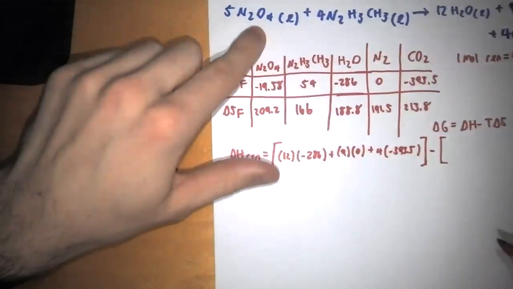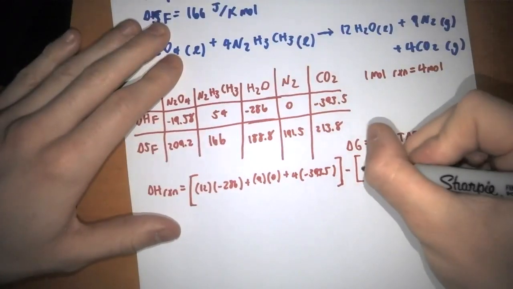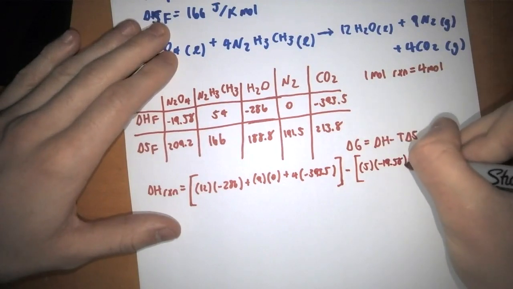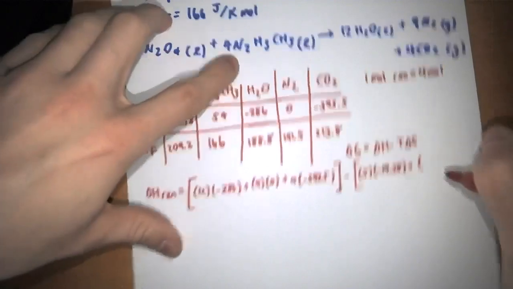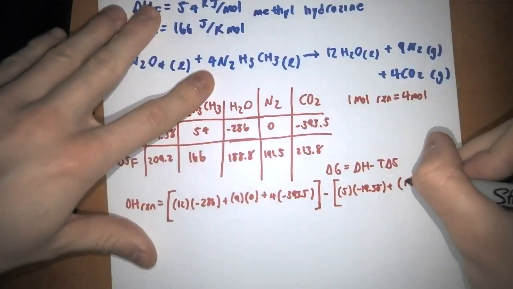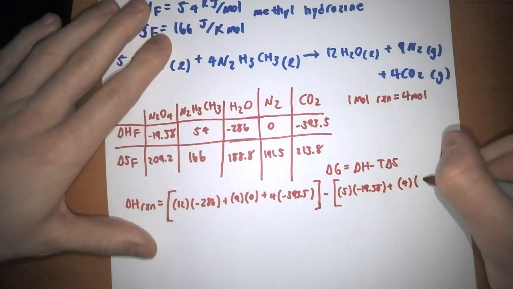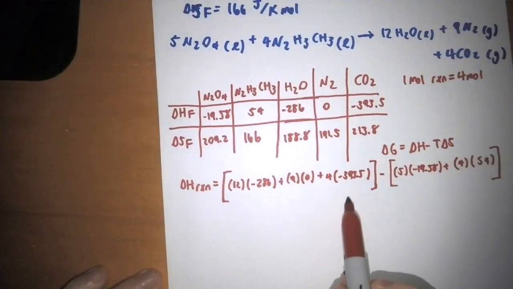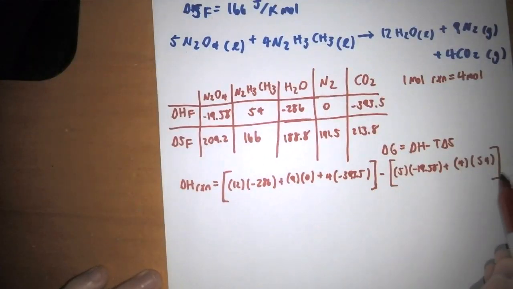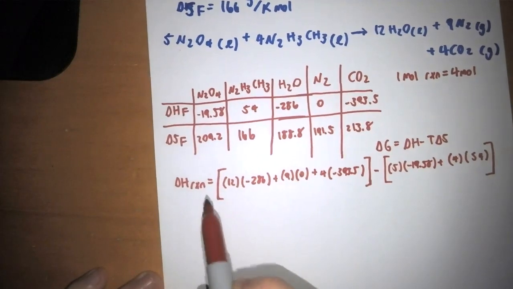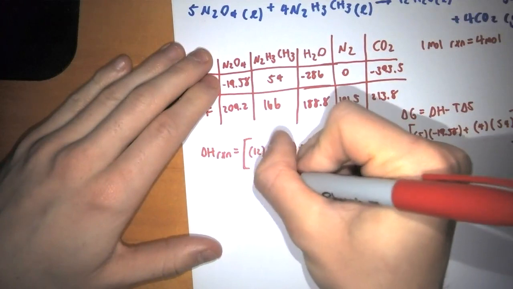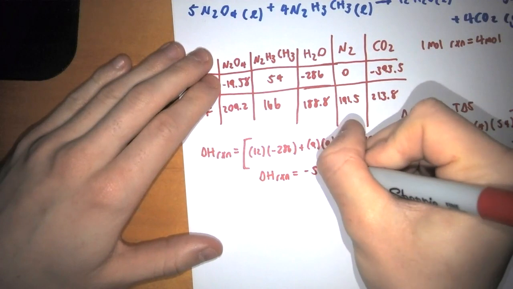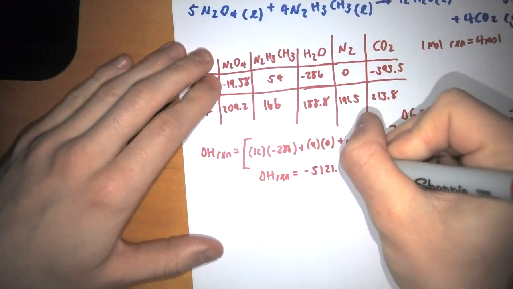reactants. Well, what are my 2 reactants? N2O4. I have 5 equivalents of N2O4, and they're each at negative 19.58, plus 4 methyl hydrazines. 4 times 54. So now I have products minus reactants, and they're all delta H. So the delta H of reaction is equal to negative 5121.7